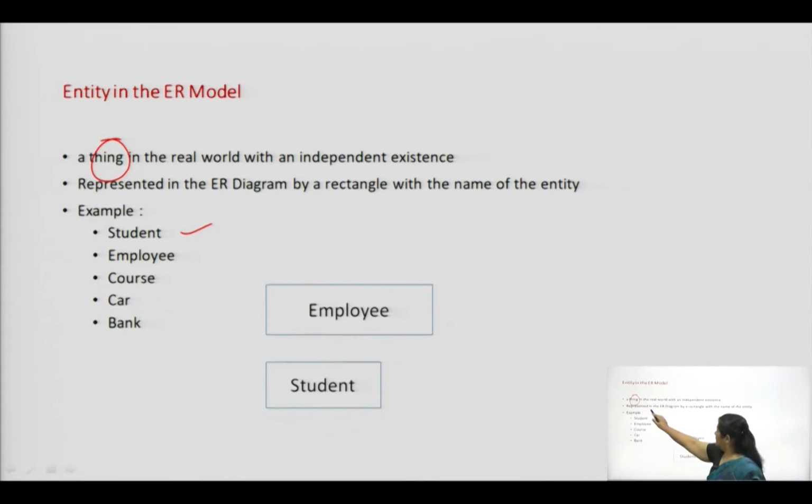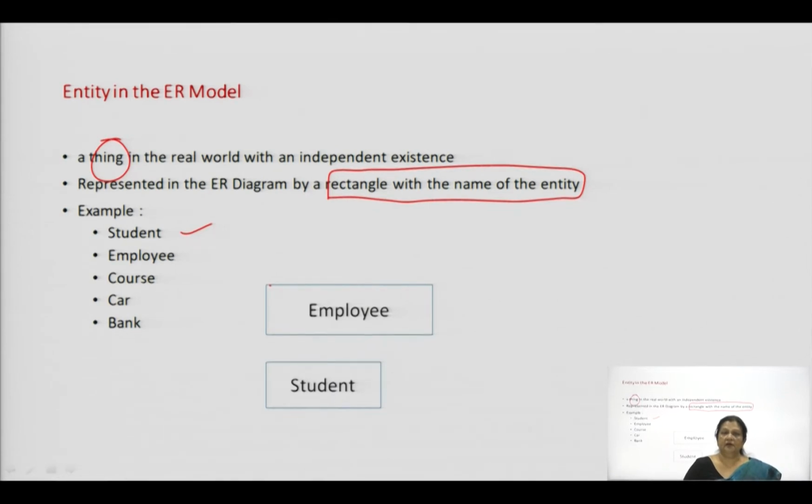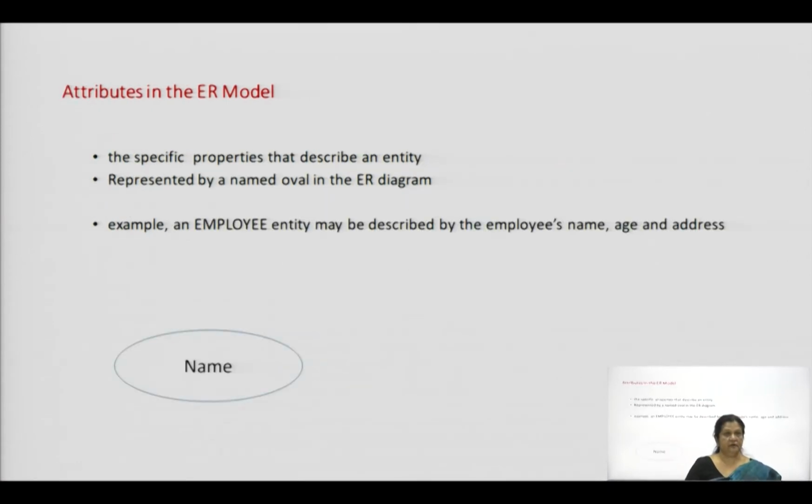and the entity is represented in the ER diagram by a rectangle with the name of the entity written in it. For example, I have shown the entity employee over here as a rectangle, and within it I have written the name of the entity, that is employee. Similarly for student.